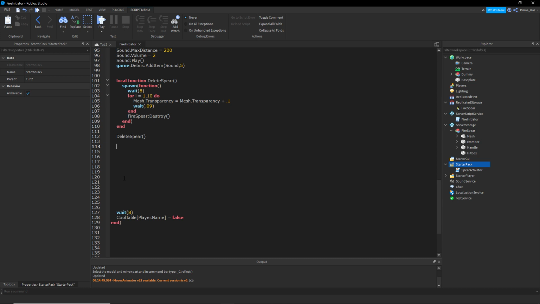Okay, so just drop a few lines to give you a bit of space. We'll do local bin hit is equal to false, so this will detect if someone has been hit. So then we'll do this, we'll do